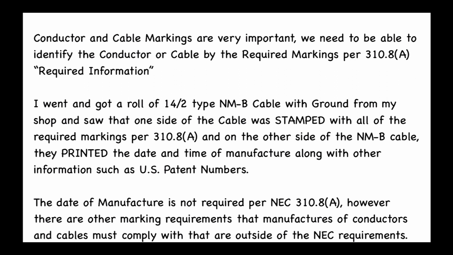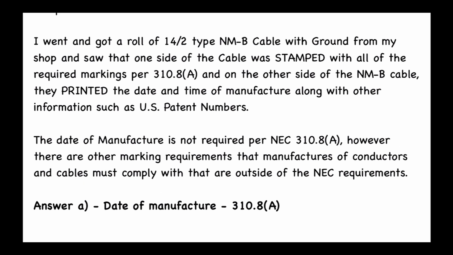I went and got a roll of 14/2 type NM-B cable with ground from my shop and saw that one side of the cable was stamped with all the required markings per 310.8(A), and on the other side of the NM-B cable, they printed the date and time of manufacture along with other information such as U.S. patent numbers. The date of manufacture is not required per